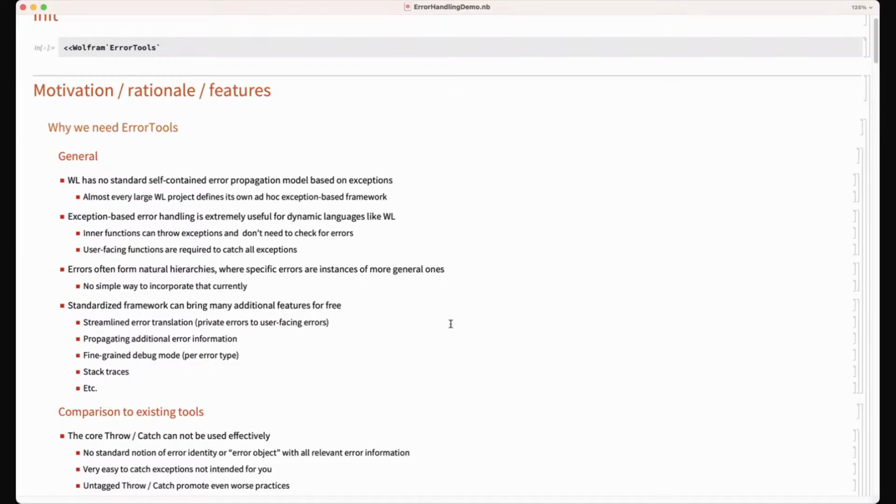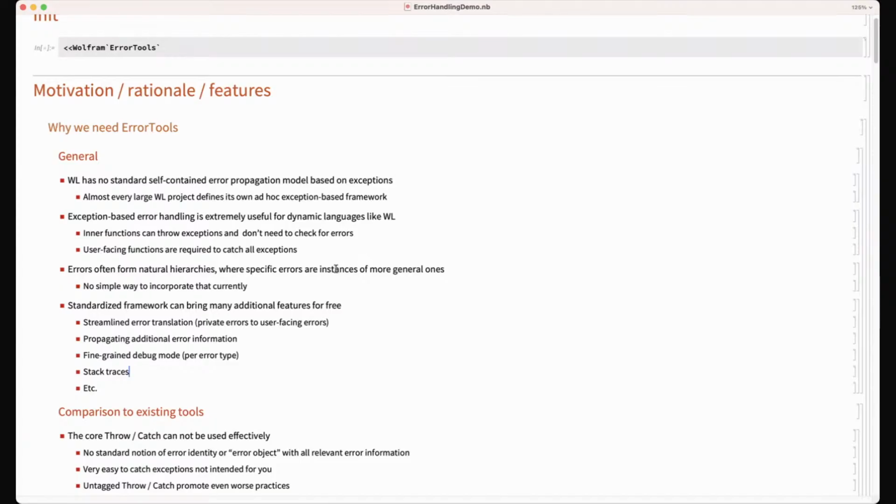The largest projects benefit from exception propagation because the intermediate functions then don't have to care about handling errors, only the ones which are supposed to catch this or that error. And so far, Wolfram Language hasn't had a standardized model for that.